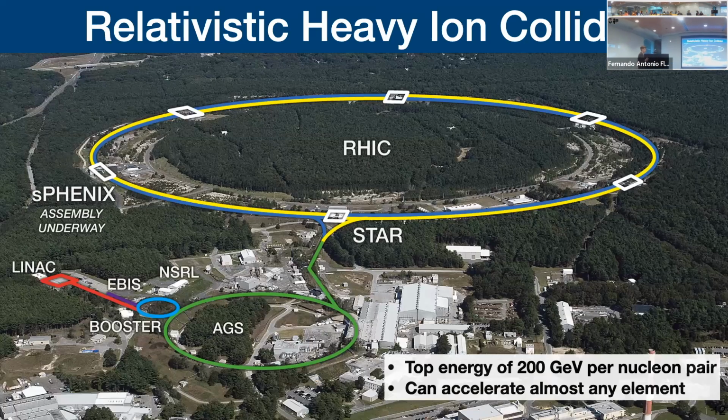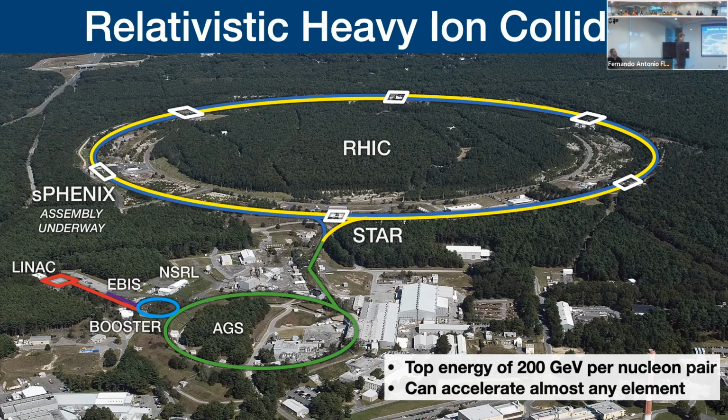So I said we use an atom smasher to collide these ions. There are two facilities I want to talk about in my talk. First is the Relativistic Heavy Ion Collider shown here. This is at Brookhaven National Lab, just south of here on Long Island. RHIC has a top energy of around 200 GeV per nucleon pair, and it's very flexible in that it can accelerate almost any element. So you can accelerate protons all the way up to uranium.